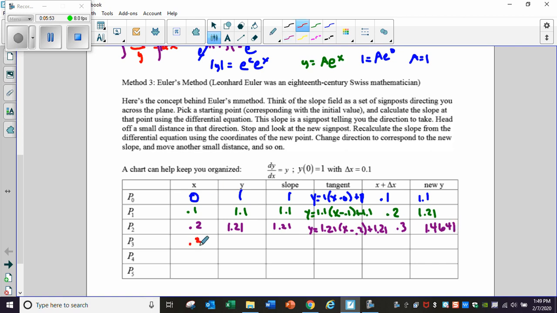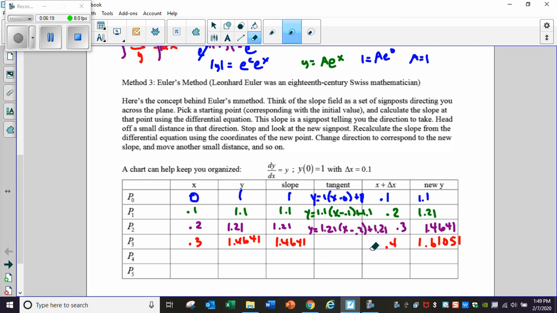My new point will be 0.3, 1.4641, slope 1.4641. Write in a tangent line equation, you'll get your new x value of 0.4. Then this will give you 1.61051. What's interesting about this is that these first few rows, and as I'm looking, I found a mistake, so